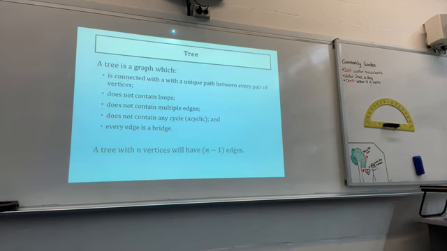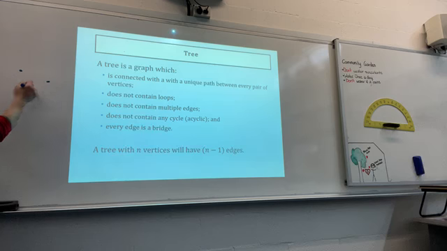So if you recall, a tree is a graph which is connected with a unique path between every pair of vertices. It does not contain any loops, no multiple edges, does not contain any cycle, it is acyclic, and every edge is a bridge. The last sentence is important. A tree with n vertices will have n minus 1 edges. Now, just quickly, recall